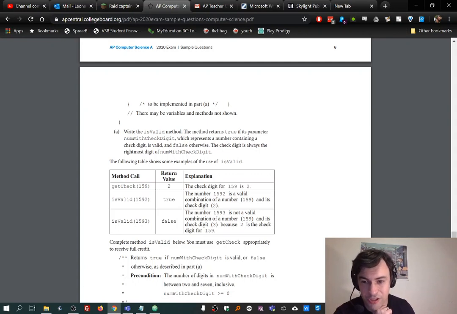Here, for example, they show you that the number 159, when we send it to getCheck, returns the value 2, which means the check digit for 159 is 2. Valid numbers are numbers followed by their check digit. That's what a valid number is. It's not very clearly explained here, but that's the deal. So 1592 is correct because 159's check digit is 2, and so that combined is a